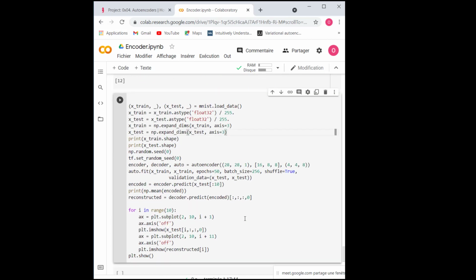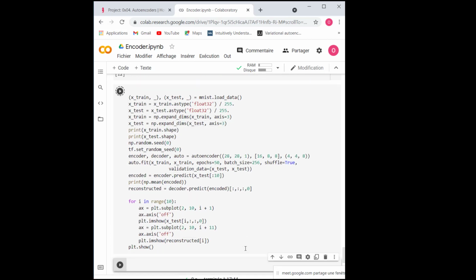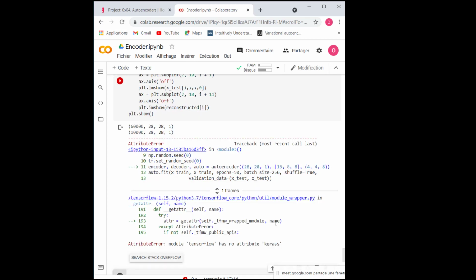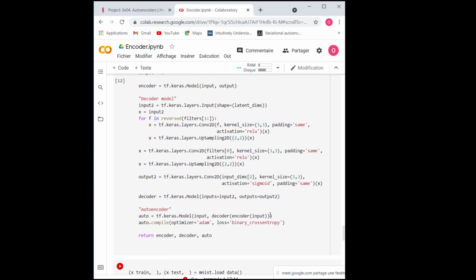This is your test function, your test code in the project. Okay, so I put grass.